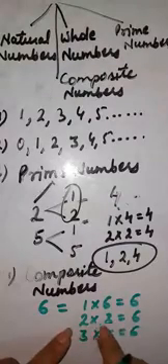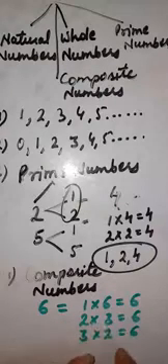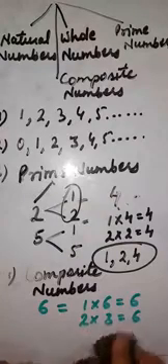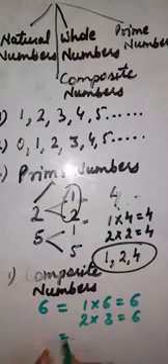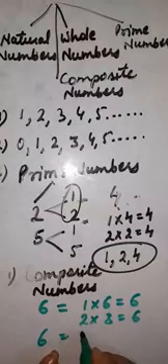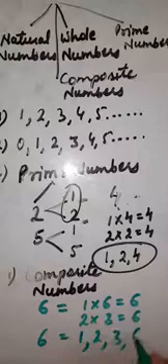So the numbers are the same here. Look here, 2, 3, 3, 2. The numbers are the same, only the order is changed. So we will stop finding the factors. So we will erase it, and here we have the factors of 6. 6 के हमारे factors हो जाएंगे 1, 2, 3 and 6 itself.